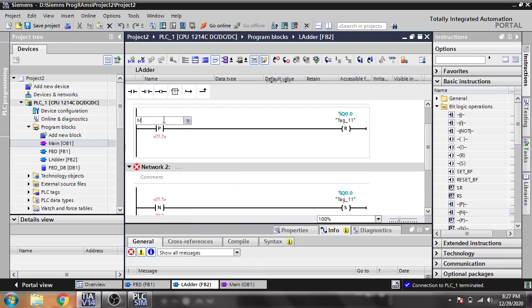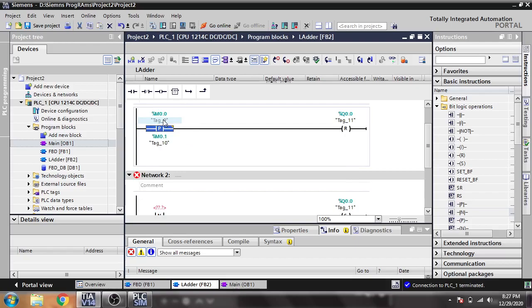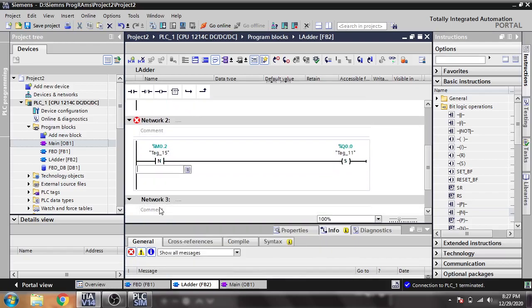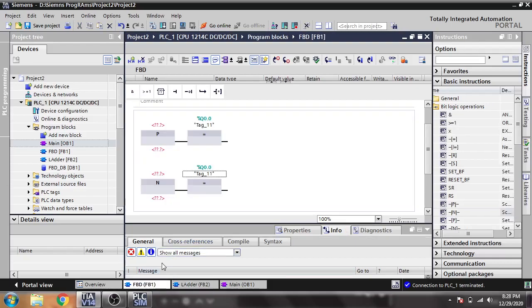Now I'm going to run 0.0 and 0.1, we'll see, and 0.2 and 0.3. So how I'm making it FBD, you will see the same function, 0.0 and 0.3 and 0.2 and 0.1.